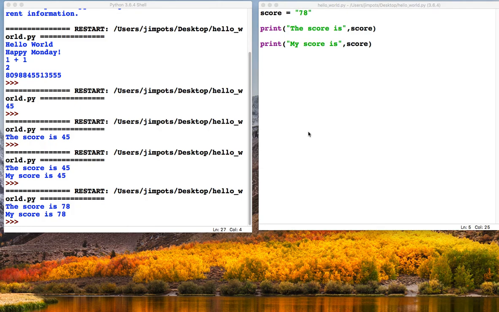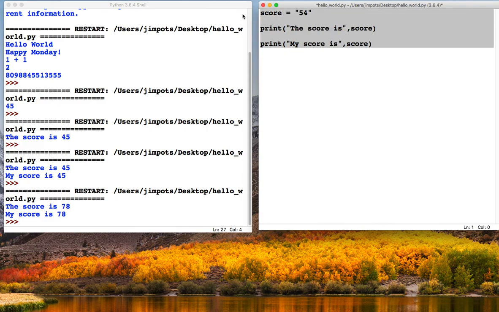Okay, so previously in the last video we looked at an introduction to variables, and what we're going to have a look at now is something called input statements. Now the problem with the variable we have here is we can't really do much with it unless we change it outside of the program. But what we can do is get a user to type in a value which will become a variable. So this gives our program a little bit of interactivity. Okay, and we can do this using something called an input statement.